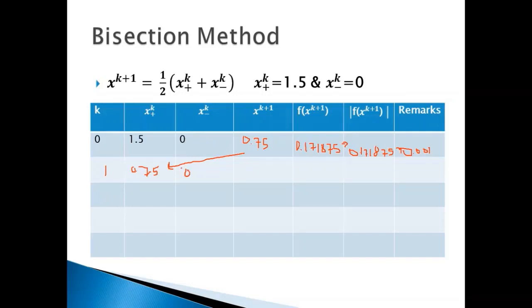Tapos, repeat the process to have your xk plus 1 in which kanang iteration formula is to be followed. So, that is 0.75 plus 0 divided by 2. So, we have here 0.375. And then, proceed with substituting these values sa atong original function. So, again, recall your function is x cubed plus x minus 1. So, we have 0.375 cubed plus 0.375 minus 1. Ang result, according to my calculator, is negative